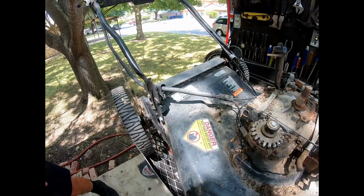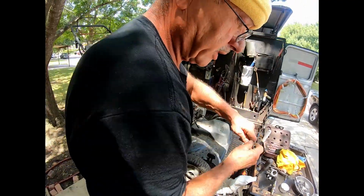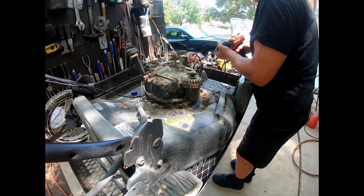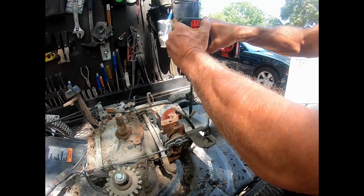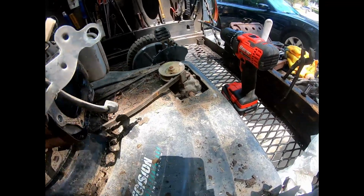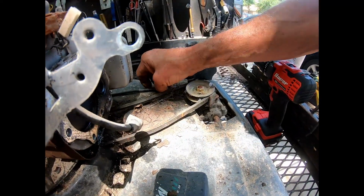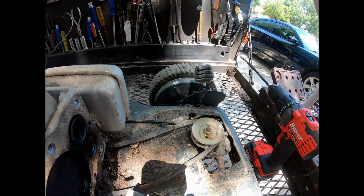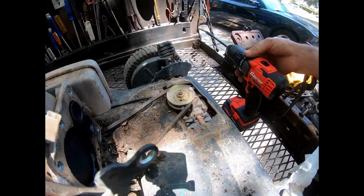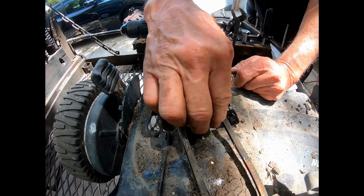Now, on this particular mower, and most of them, there are different ways to achieve the self-propelled drive. On this Rascal, it's a very simple system. What happens is this cable right here runs up to the handle for the drive. So when you pull the handle to engage the drive, it pulls this whole mechanism back, tightening the belt that